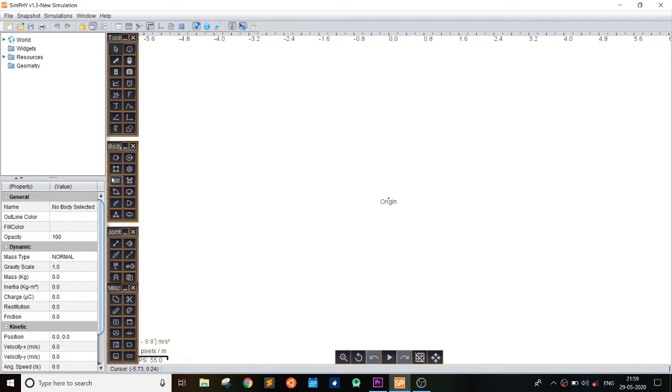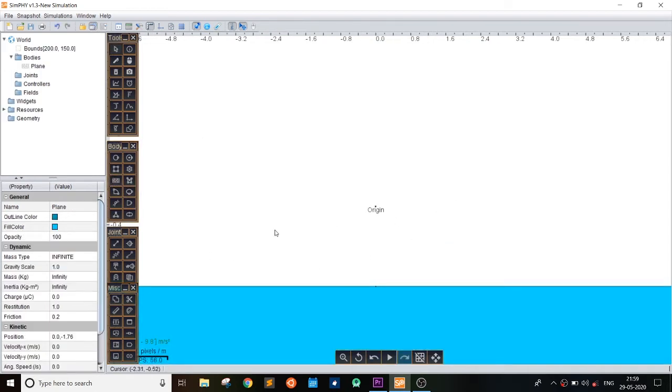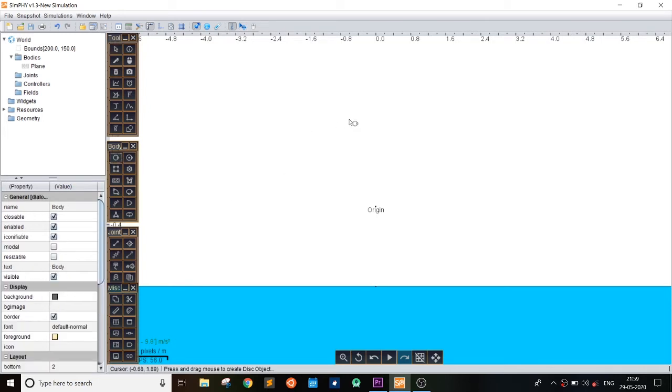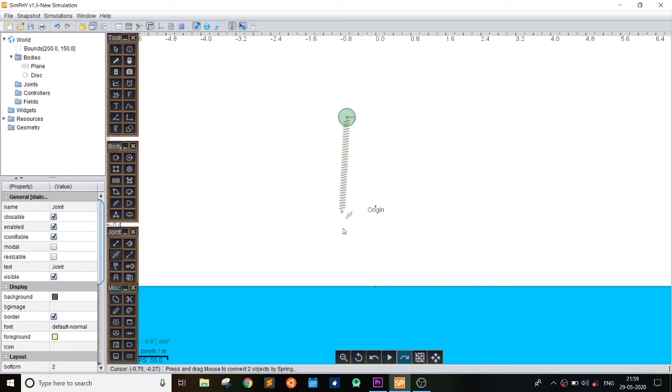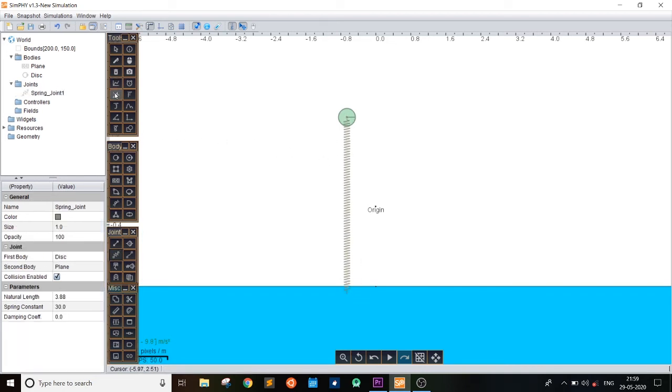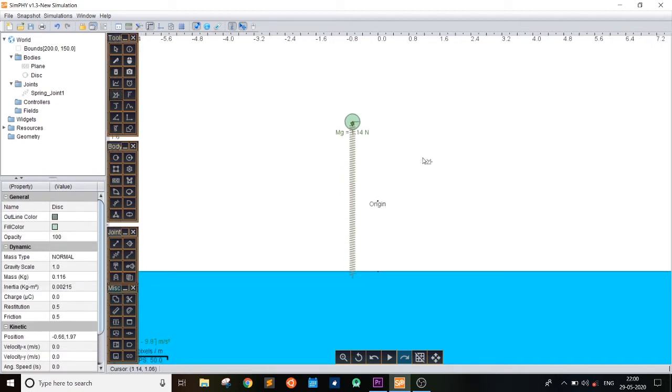So let's first make a system, and we'll make a normal system of SHM motion. Make a body and join a spring body to the ground, and we make the free body diagram of it just to show the forces.